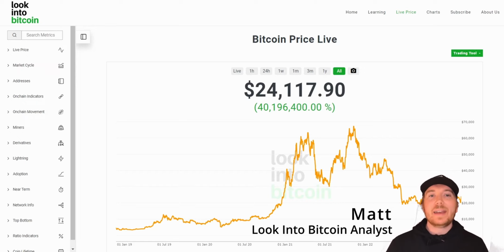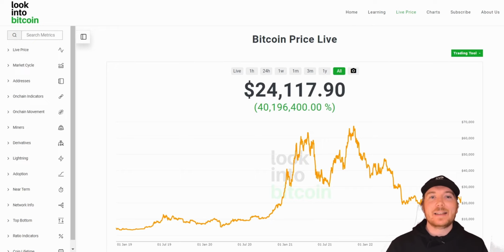And today we're going to be looking at other tools you can use to improve your crypto investing and analysis. To do this, we'll be using a number of resources that are all freely available on lookintobitcoin.com, your number one